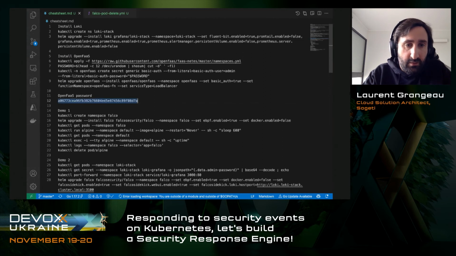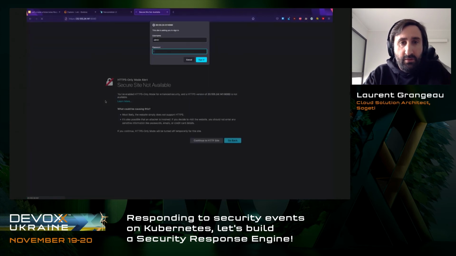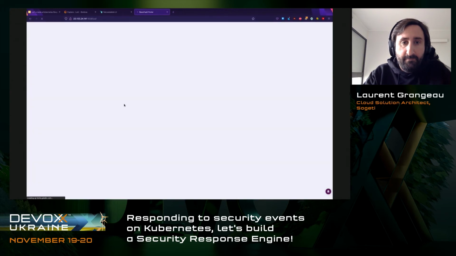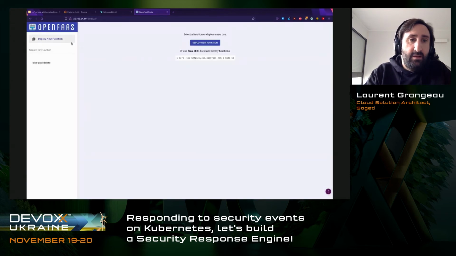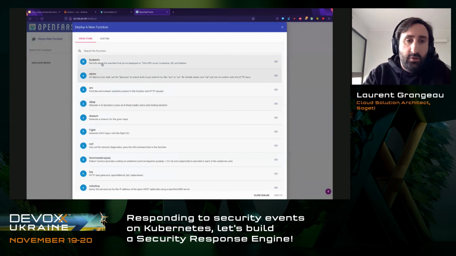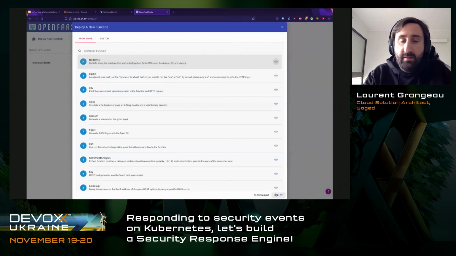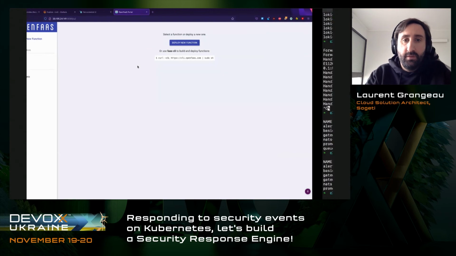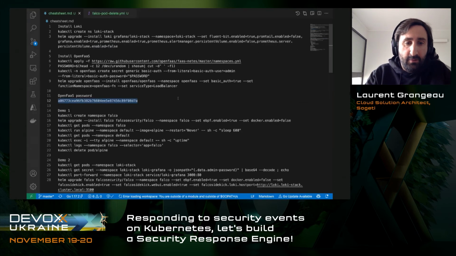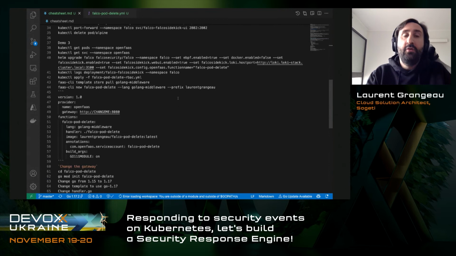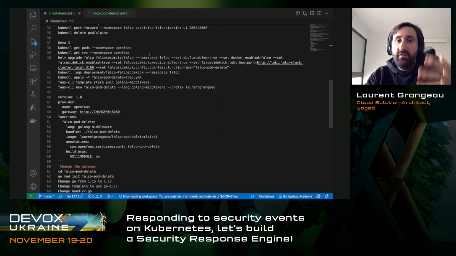Just put in my password. And you can see that you can deploy a new function. So this is OpenFast, and you can just deploy your function, and it's being deployed on the cluster. Okay. And now I will just create a new function called Falco-pod-delete and just modify